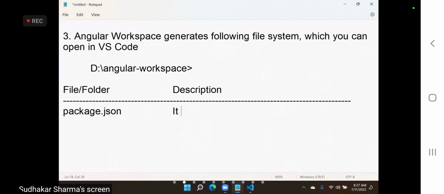Package JSON comprises metadata, that means project related metadata. What does project related metadata mean?